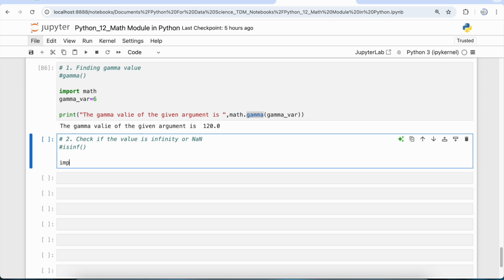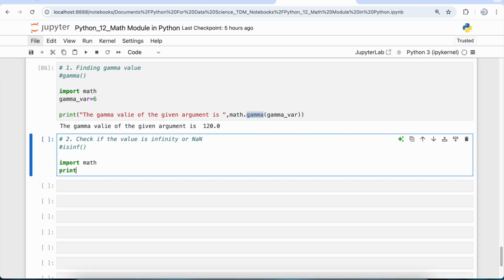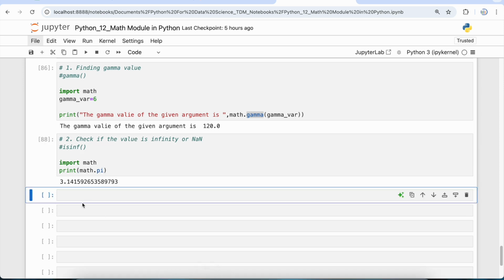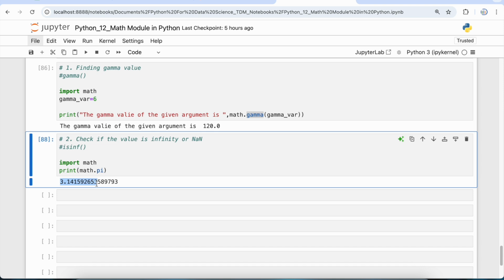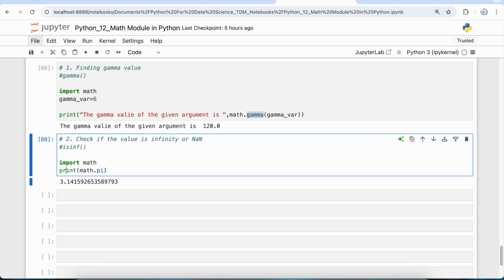Let's say that I have imported the math module, and I'm just printing math.pi. If I run this, you can see this value. Assume that you have to check whether a value which is coming from another program, or an input given by the user, is infinity or not. In that case, you can simply put math dot isinf, and then you can check it. The moment you run this, it checks whether the value is infinity or not, and it